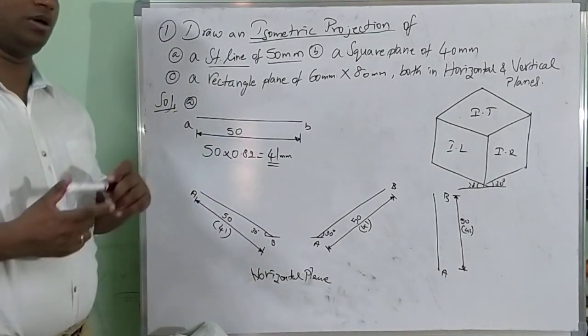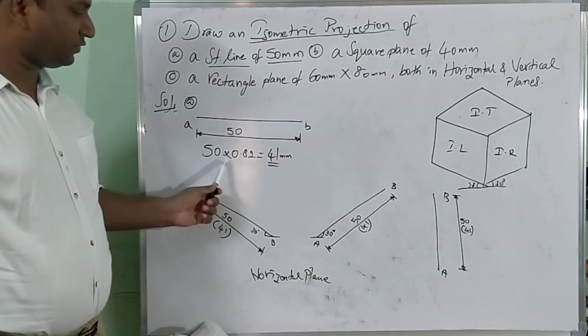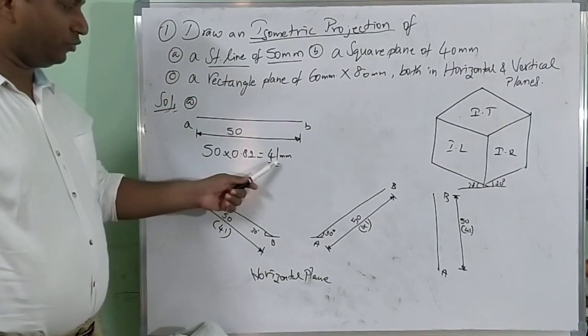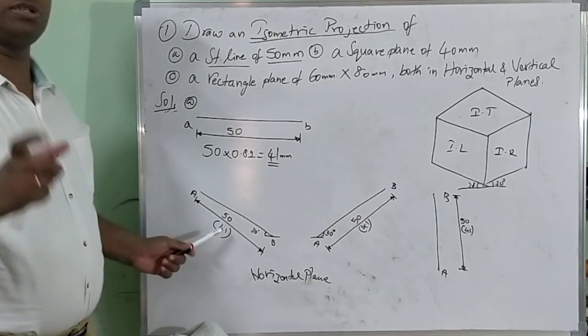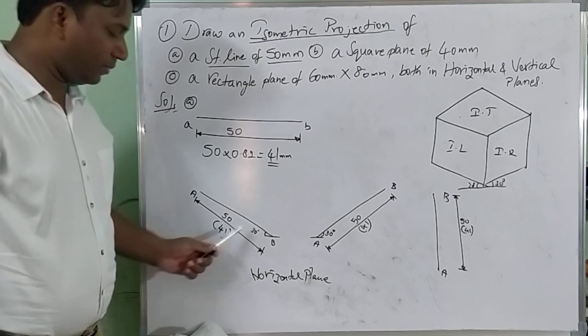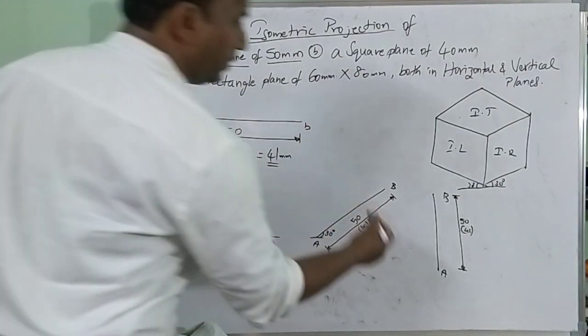Isometric projection I mentioned. When it is asked to draw a projection, you are supposed to use this factor 0.82. Right? We will get the answer. With that we have to draw the dimension, but you have to show the dimension as the original number. That is AB 50, drawn as 41. Right? Both in horizontal plane and vertical plane. This is vertical.